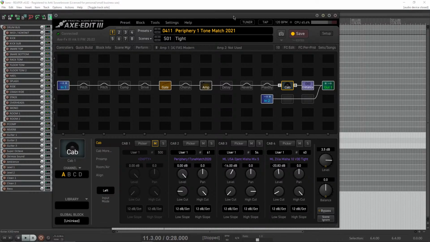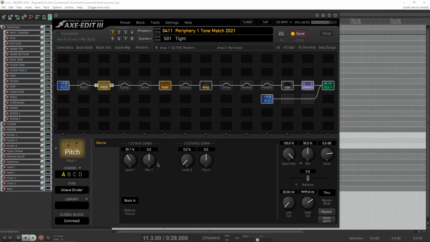Yeah, that's kind of where I'm at with that. But the cool thing is, I have a pitch shifter happening, and that is always on. No matter what I play, it's on. I mean, with this patch, unless I'm playing through the clean tone here,